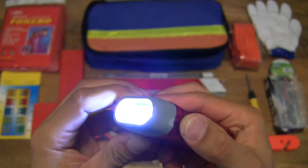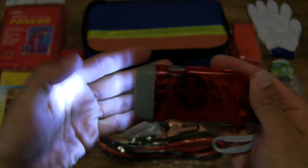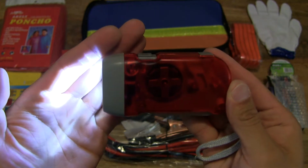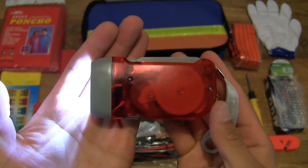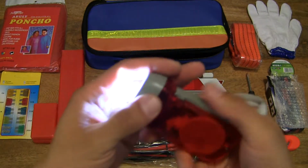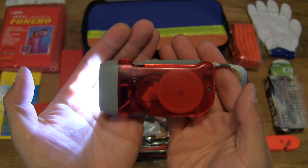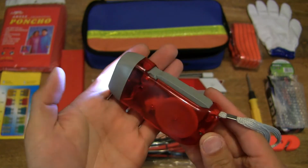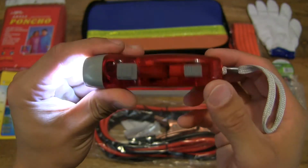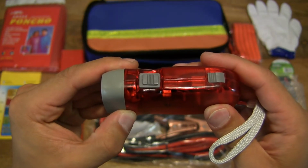So let's try and turn it on, see if there's any kind of charge in there. So nice to see that there happens to be a charge, so it's good enough to use, but always ensure that the light actually works before you pack it away for any kind of road trip or travel. So nice and very bright indeed, and simply turn it off by sliding that top switch down or back,